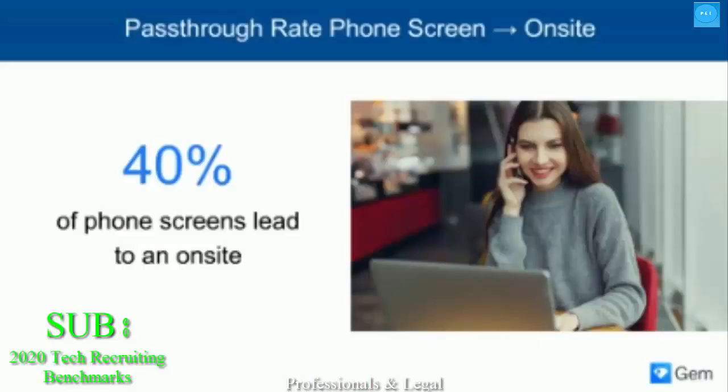All right, so on average, we found that 40% of phone screens lead to an onsite. If you're far off from 40% in either direction, it may mean either that you need to be more selective in your screening process, otherwise you're taking up precious interviewer time, or that you're being too selective, so not enough candidates are making it onsite. It's worth taking a hard look at your screening process. Are you asking the questions that are getting you the right insights into the candidate? For example, is your hiring manager's list of qualifications too rigorous?